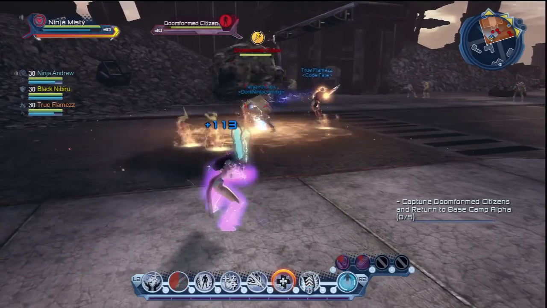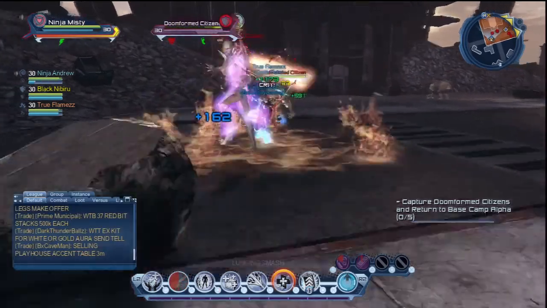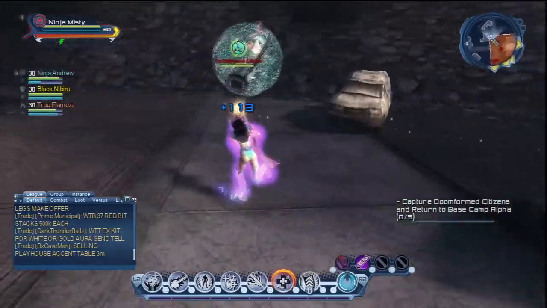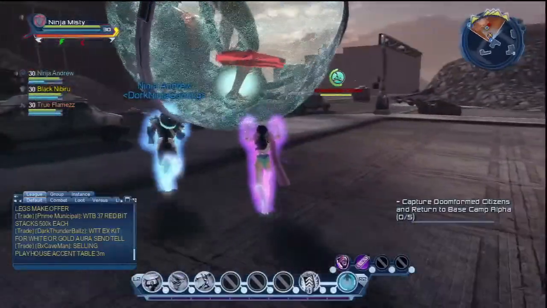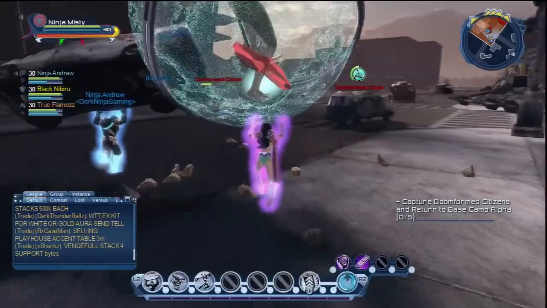So you have to basically just beat the Doomcrazed citizen down until the gear appears above their head, then capture them. Oh, great. Somebody just knocked it to Kingdom Come. They just knocked it in the direction that we didn't want to go in. You just have to run it